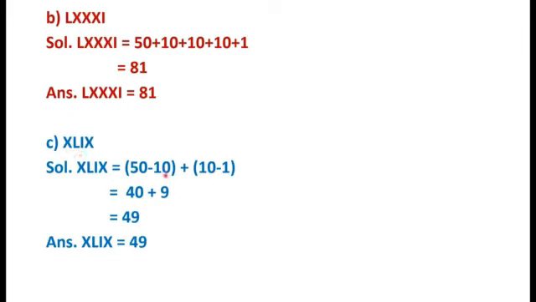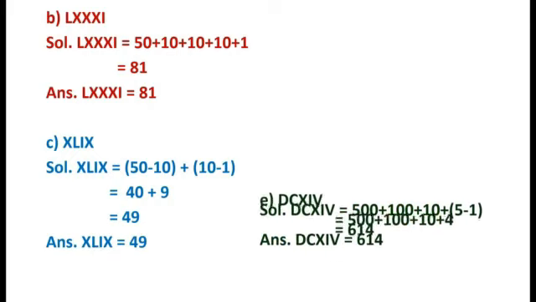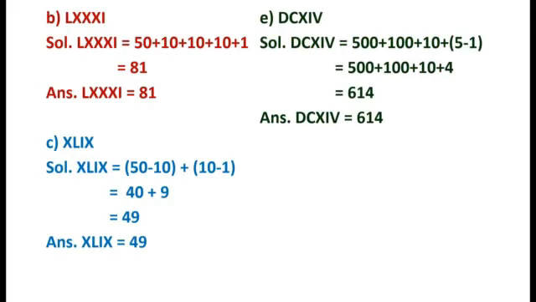Then plus, and then again IX. I is a smaller number, so we will subtract 1 from 10 over here for IX. So 50 minus 10 is 40, plus 10 minus 1 is 9. So 40 plus 9 is 49. So the Hindu Arabic number for XLIX is 49. In the same way, we have done this one over here,